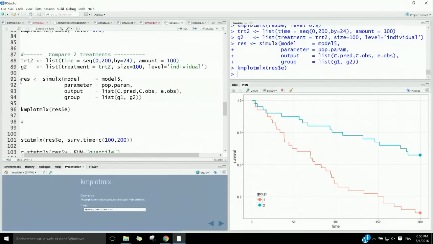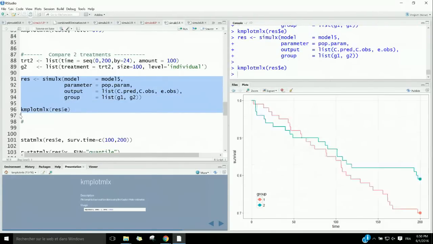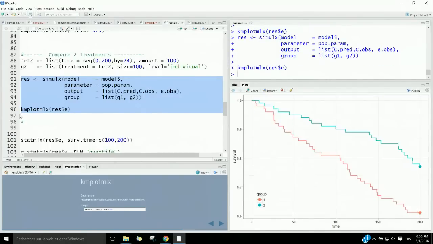Now, of course, if I repeat that, another simulated trial, the result is different. Repeat again, it will be different. For each simulation, of course, it's different. So it really depends on the simulation. So what will be interesting now is, instead of simulating a single trial, I can simulate many replicates, just to see a little bit what happens on average. So that will be my next example,